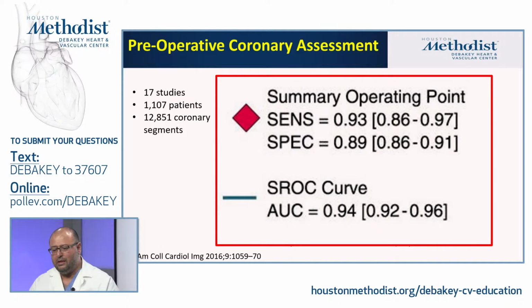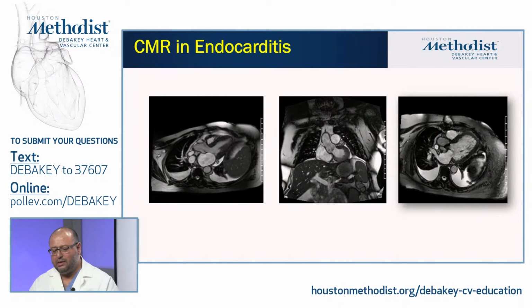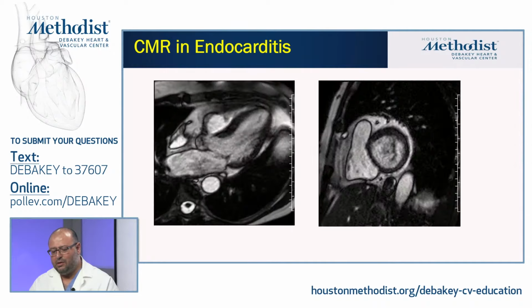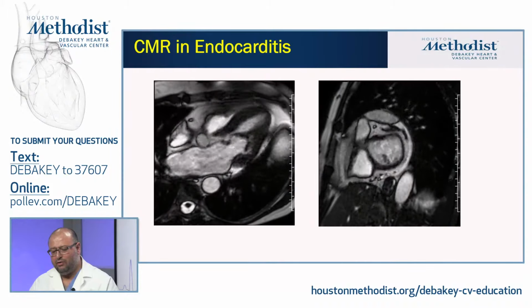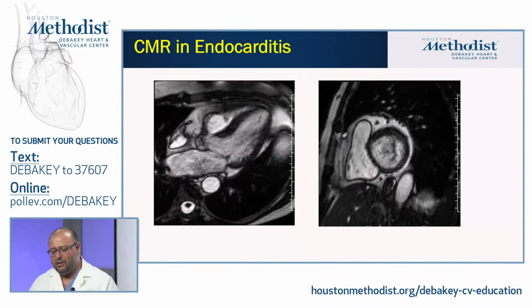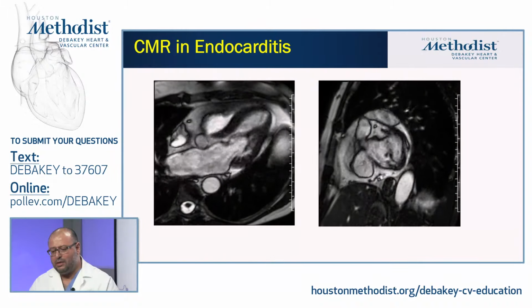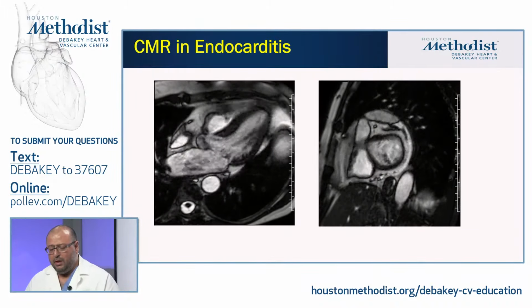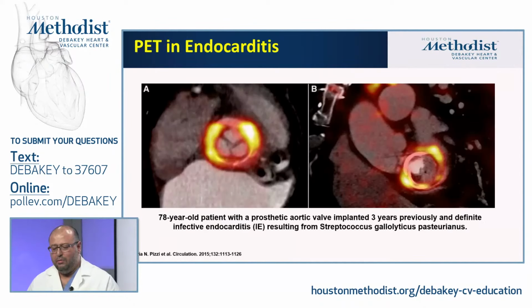With endocarditis and cardiac MRI, we usually don't take these patients to the magnet when they are sick, but more often this could be an incidental finding or potentially assessment of complications of the endocarditis itself, like you see here, aortic insufficiency, for example, or mitral regurgitation in some of these patients. I'm going to try to focus on a new emerging tool, the role of PET in these